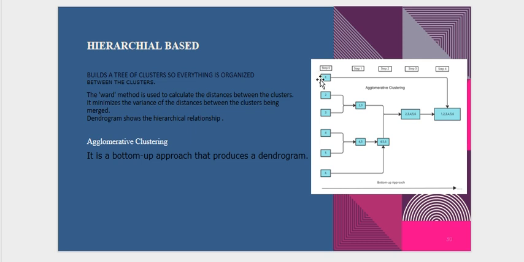Agglomerative clustering is a bottom-up approach that produces a dendrogram, that is, small parts of the